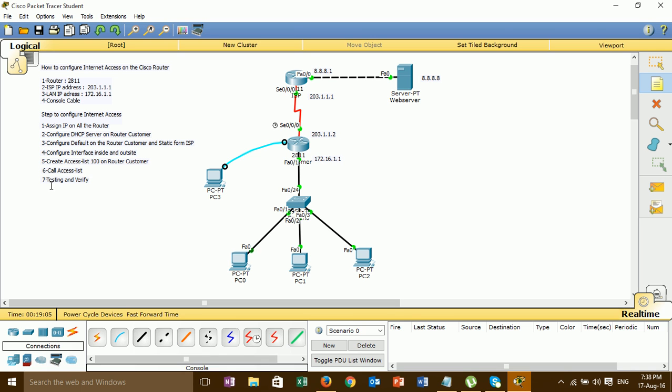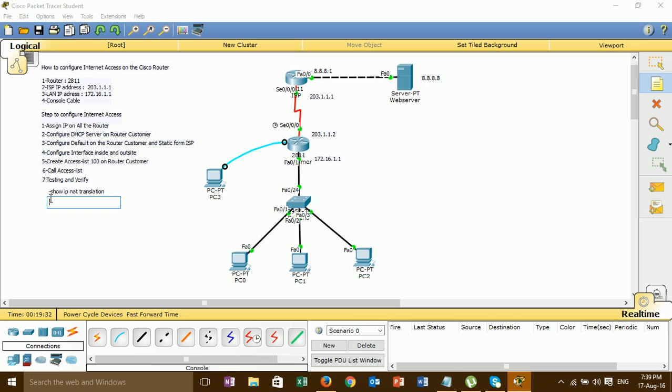If you want to know whether the internet is working or not, you can try this command: show ip nat translation.